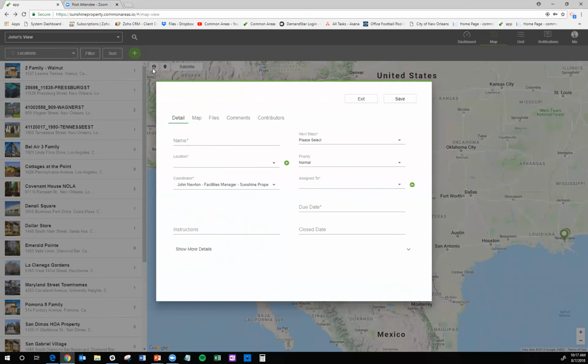Once we select the action item option, the action item window will go,